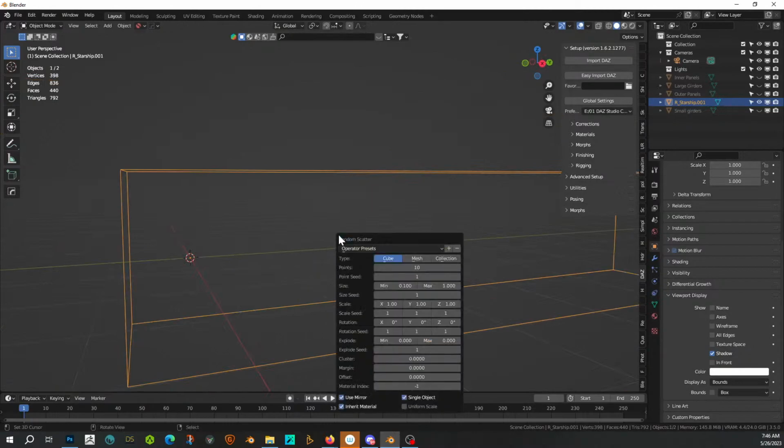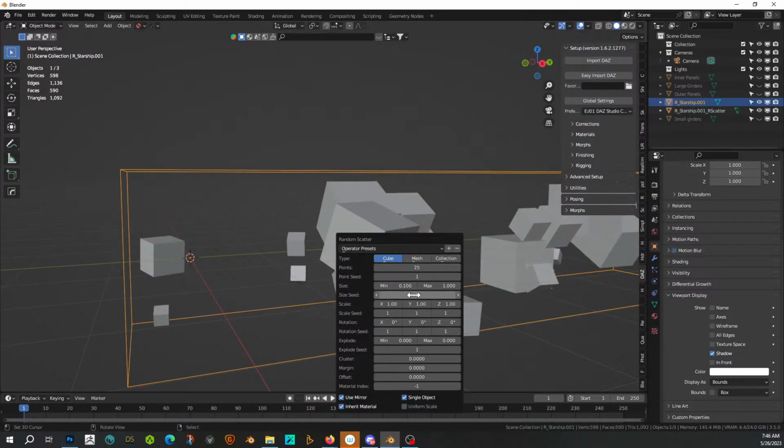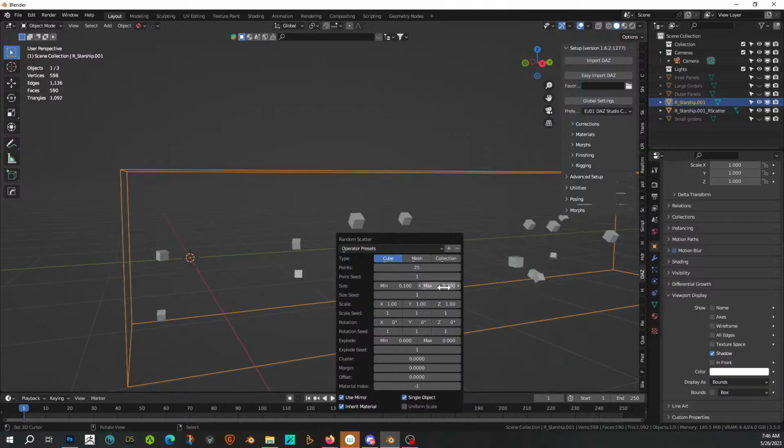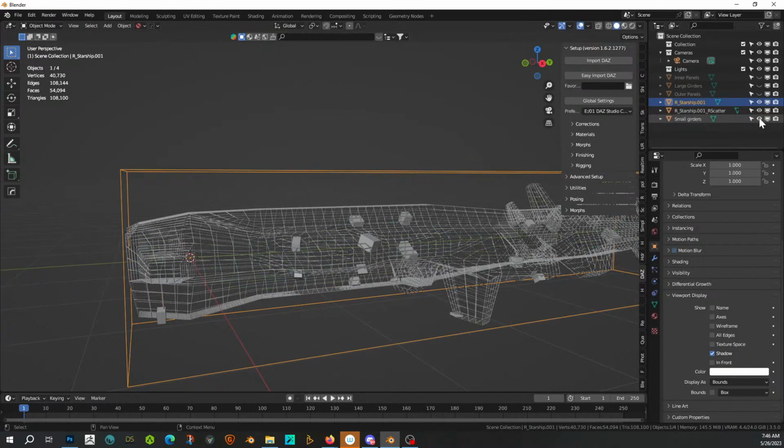Random scatter cubes. And we want 25. And we want max size to be 0.2. And I think we want, let's make them longer, potentially. There we go. Now let's see what happens if we turn back on our,